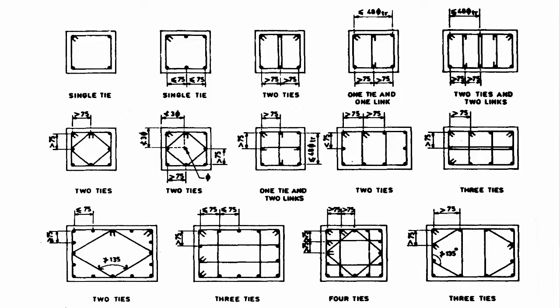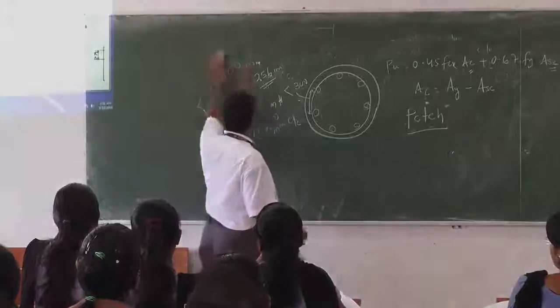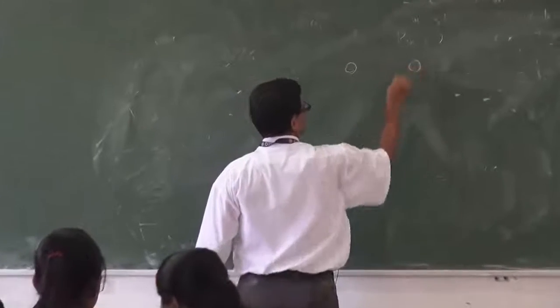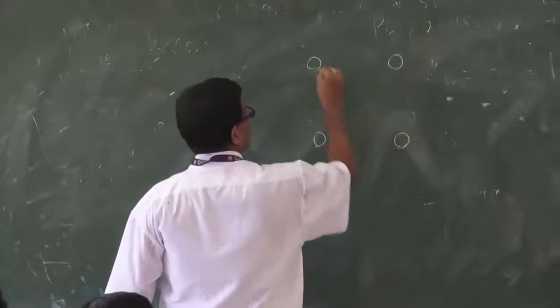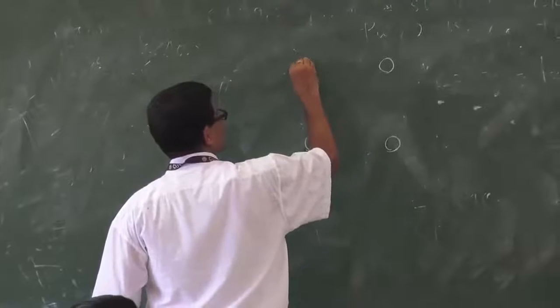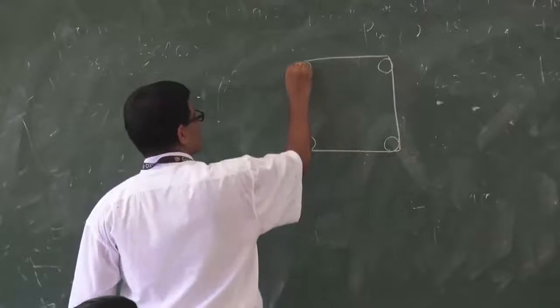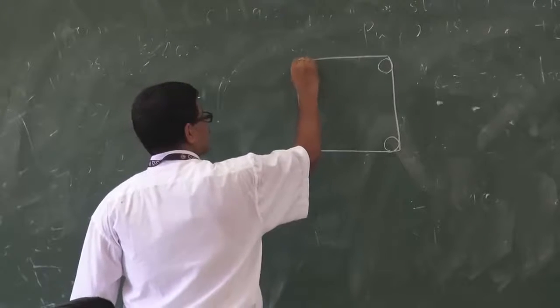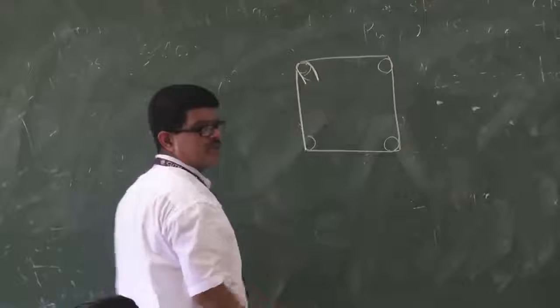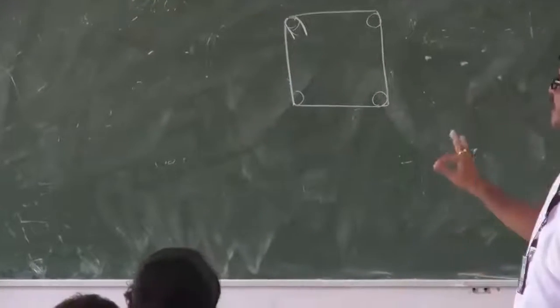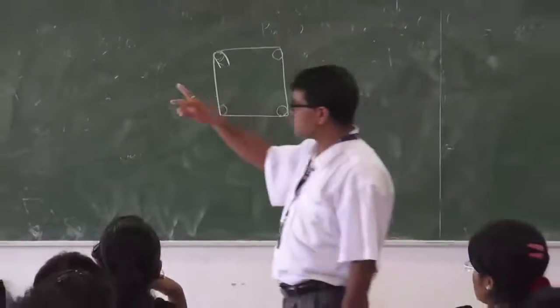If you go to the field in a multi-story building being constructed, when there are 4 bars in the 4 corners, there is a single tie. The tie moves this way. Suppose these are the 4 bars. Now the tie will start from here. It will go around this, around this, around this, around this. Then it will go like this way. These hooks have some dimensions, so that the bars will be properly kept in position. Minimum 8-5, that will resist lateral stress. You see how the reinforcement is put there.